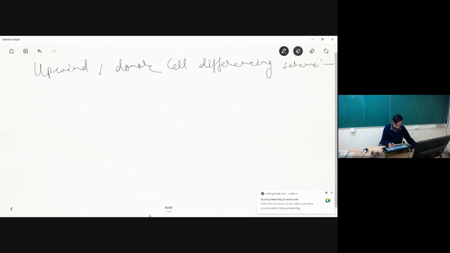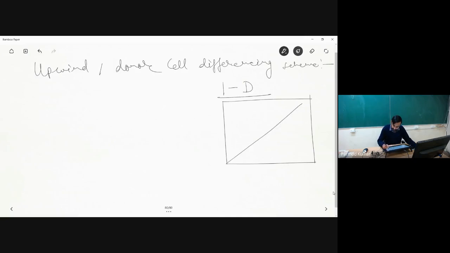Let me show you the exact solution of the one-dimensional equation. Say this is my linear variation when the Peclet number is equal to 0. When the Peclet number is less than 2, the solution will be close to this linear variation if I plot phi versus x. But when the Peclet number is large, my solution will be something like this. This is for the situation when our Peclet number is very large in comparison to 1.